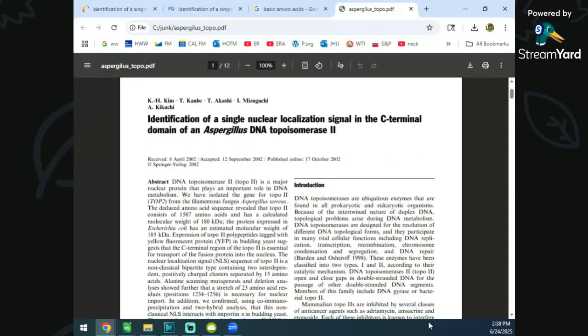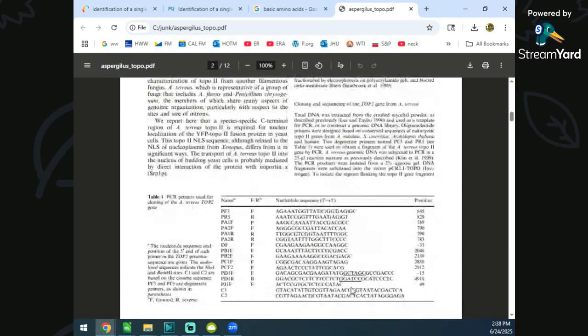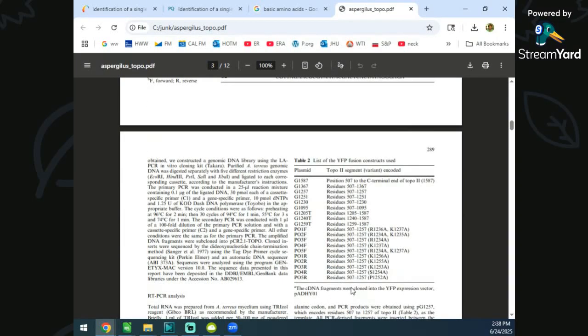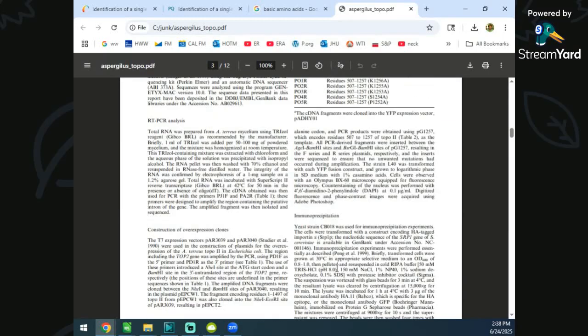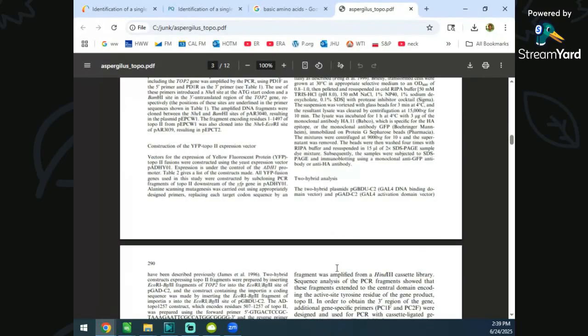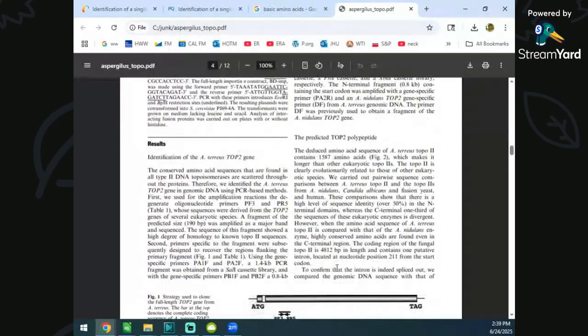It's so clear what they're attempting to do, and what they're trying to show the scientific world is their method of how they determined where the sequence was. This is really detailed. They show all of their experimental protocols just to convince people, hey, look, we did it. We went through all that we could humanly do to prove that we really did find the sequence. And the magic sequence is,